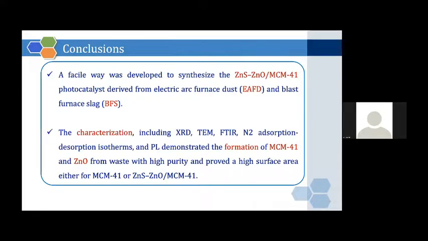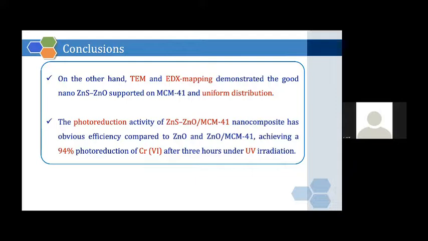Conclusion: a simple way was developed to synthesize zinc sulfide zinc oxide MCM photocatalyst derived from electric arc furnace dust and blast furnace slag. The characterization, including XRD, TEM, FTIR, nitrogen adsorption-desorption isotherm, and photoluminescence, demonstrated the formation of MCM-41 and zinc oxide from waste with high purity and proved a high surface area, either for MCM-41 or the composite. On the other hand, TEM and EDX mapping demonstrated the good nano zinc sulfide zinc oxide supported on MCM-41